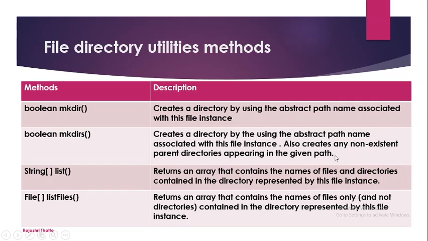Let us consider I am using a path in my object, suppose f2 equals new File, with the path d colon slash bcs slash ty slash abc.txt. Let us consider that on the D drive the bcs directory exists,